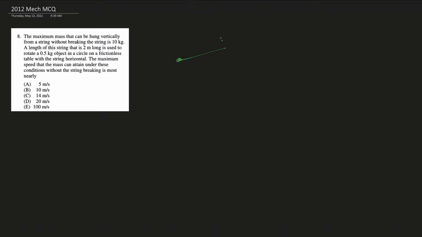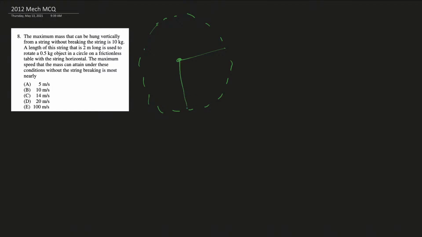Right? So you have the object moving across in a circle, but it is moving vertically. They tell us that it's moving vertically. That's a terrible circle. I'll redraw that. All right, that's even worse, but it's okay. So the maximum mass that can be hung, so this is the tension force that's acting on the object. What you've got to realize is that because this is spinning vertically, the maximum tension that you can attain is